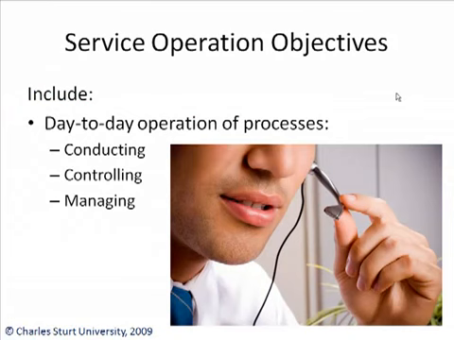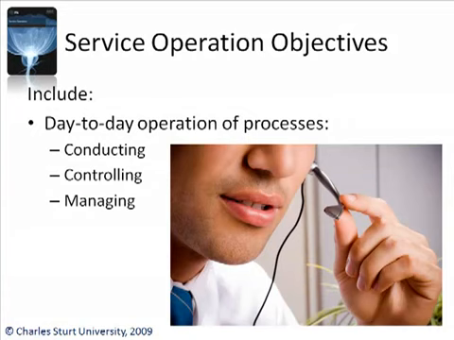Now, of course, goals and objectives are very tightly related to each other. So what are the service operation objectives? Well, they include the day-to-day operation of processes, including incident management, problem management, access management, event management, and the process known as request fulfillment, dealing with the so-called service requests. So we're conducting and controlling and managing the processes as typically already established by the volumes service strategy, service design, service transition, and continual service improvement. Here we're actually executing most of these documents. We are following the procedures, we're following the processes, we're actually providing and delivering the services to the end users.